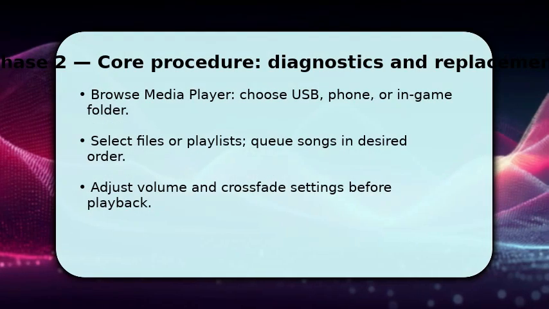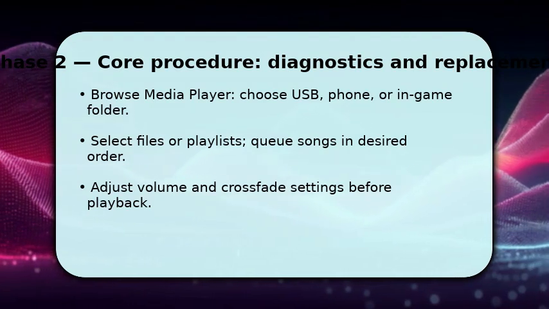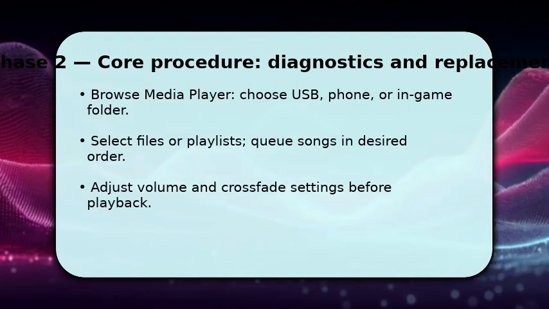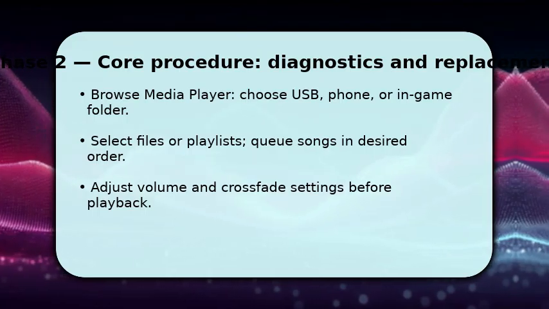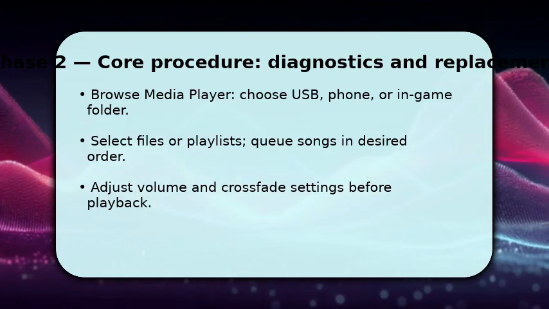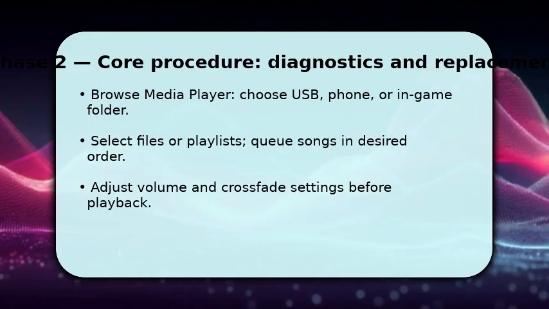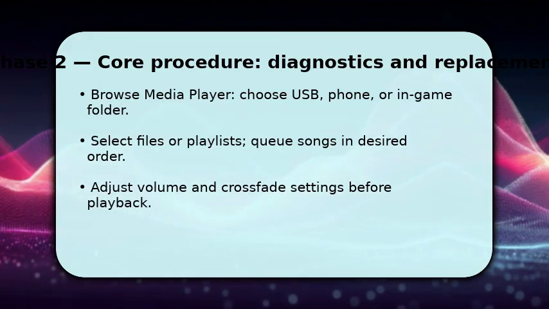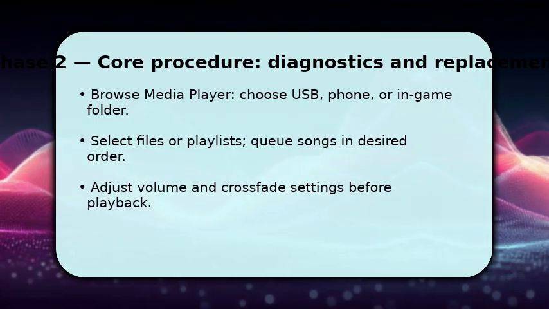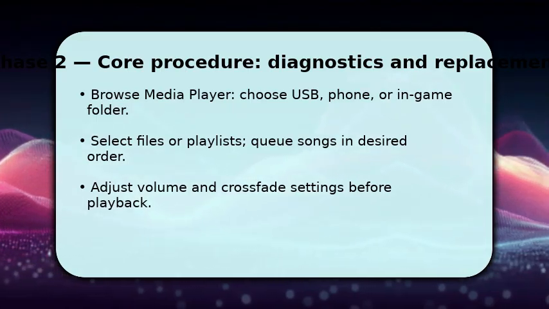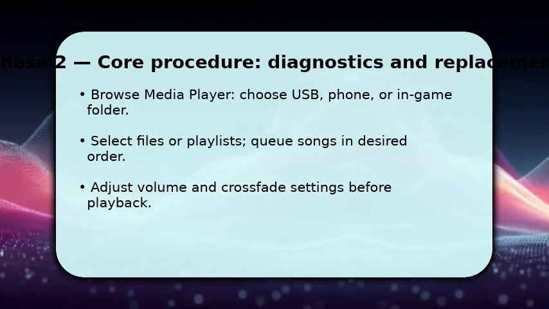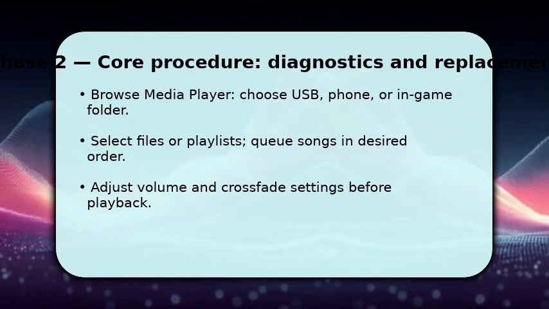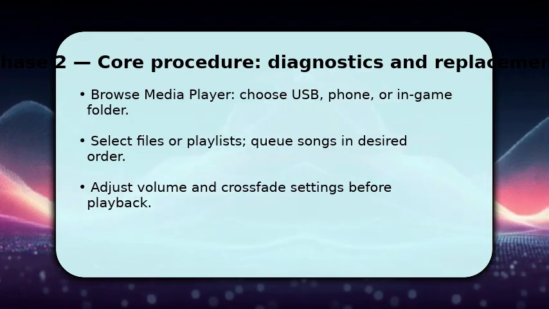without interrupt. Now you load tracks and set the playback order. Use the Media Player browser to pick USB, phone, or the game folder, then highlight files and add them to the queue. This is where you control flow, so order matters. Adjust volume and crossfade settings so transitions sound smooth in-game, and use repeat or shuffle if you want continuous background music. Doing this here avoids stopping gameplay to reconfigure audio later, and it keeps your session immersive while you continue